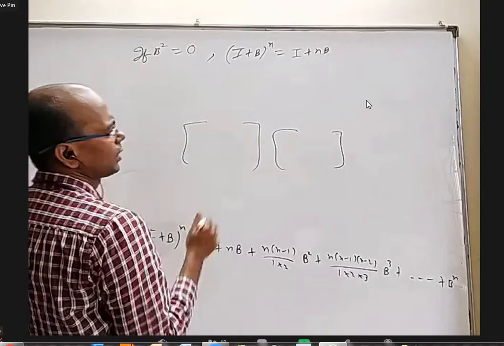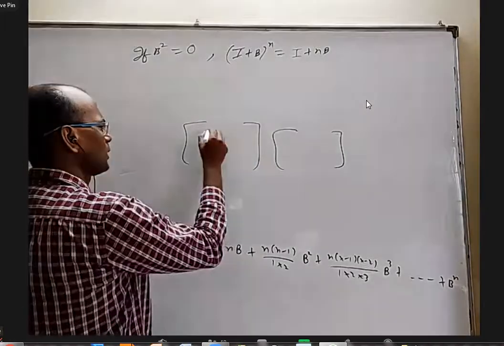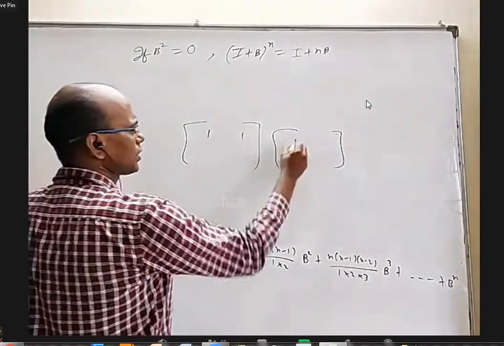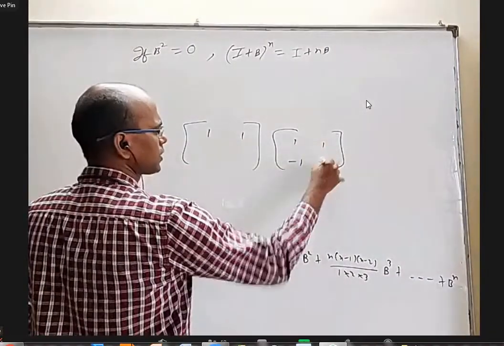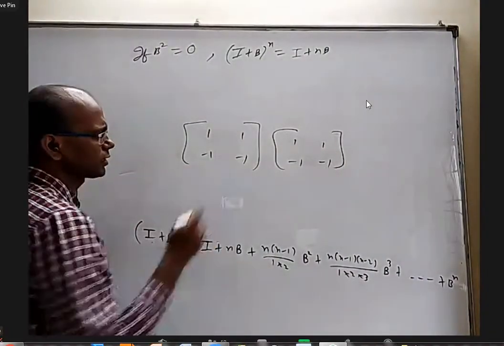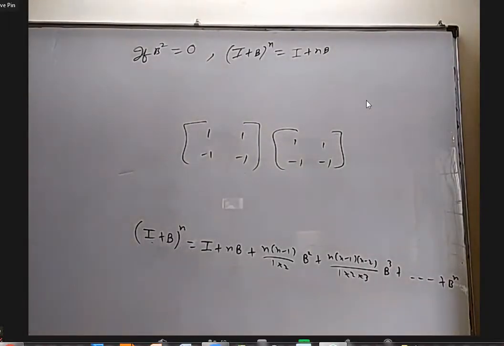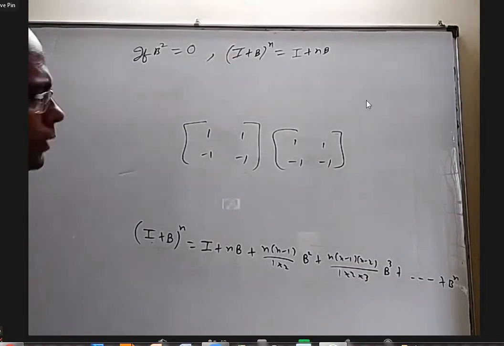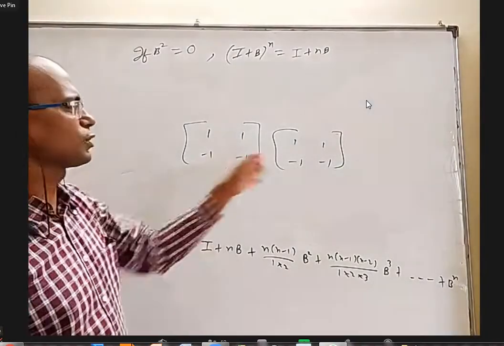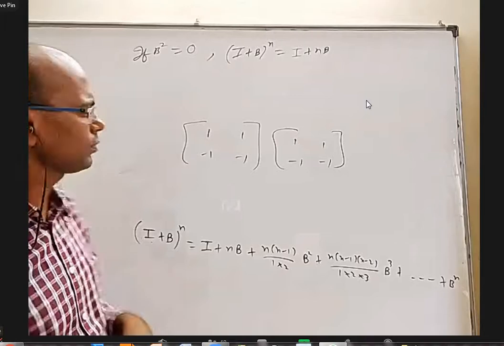Anyway, let me see if I can make something. Let's I'll take 1 1 here and 1 minus 1. This is 0. 1 minus 1 minus 1 minus 1. Is it making 0? Yes, right? Yes, sir. Yeah. So none of them need to be 0. Still, it can be 0 can come. We can make so many.